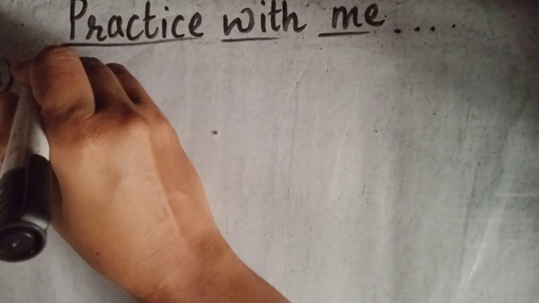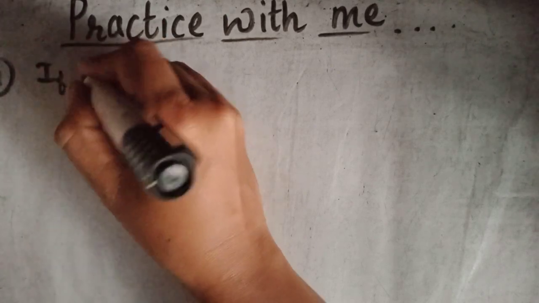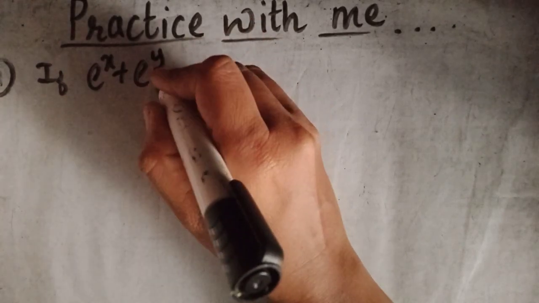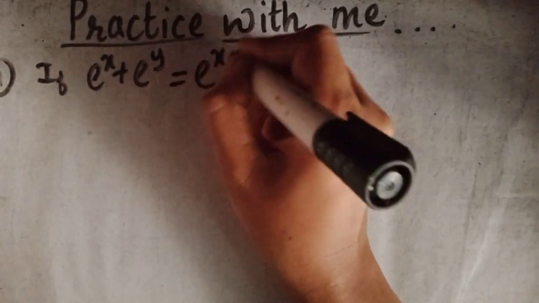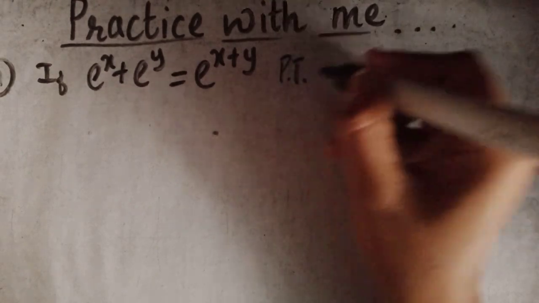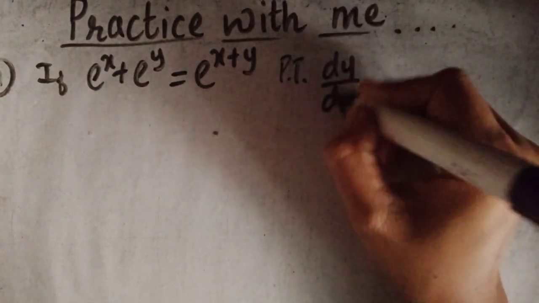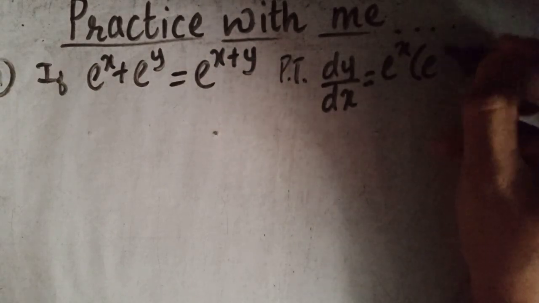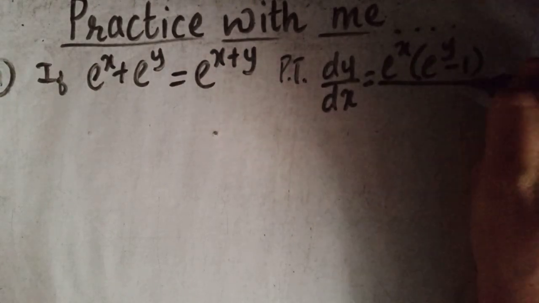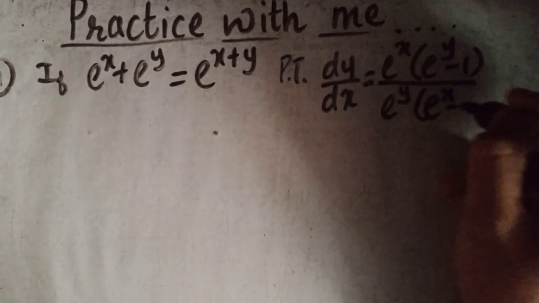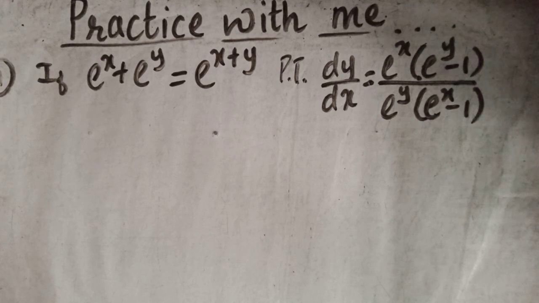So the question is, if e raised to x plus e raised to y is equal to e raised to x plus y, then you have to prove that dy by dx, that is its derivative, is e raised to x, e raised to y minus 1 upon e raised to y, e raised to x minus 1. This we have to prove. Now